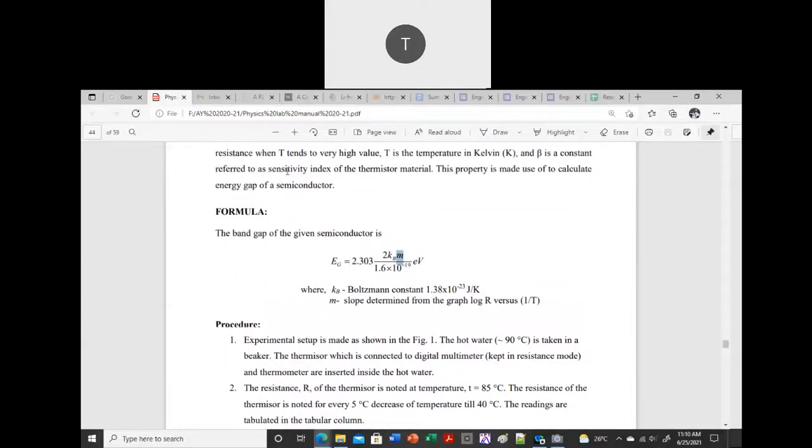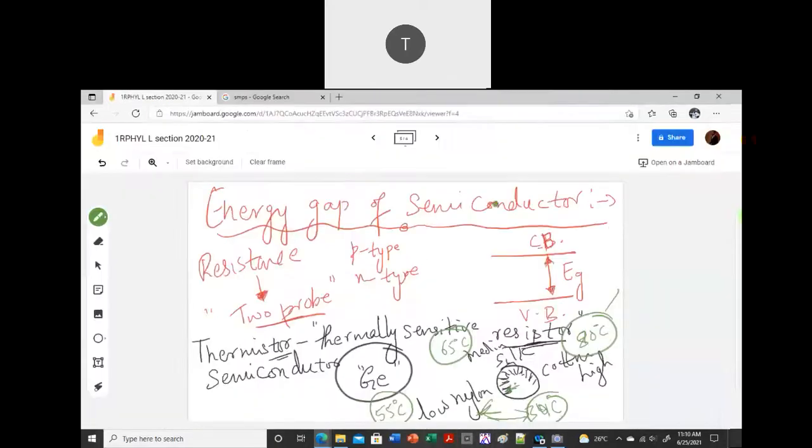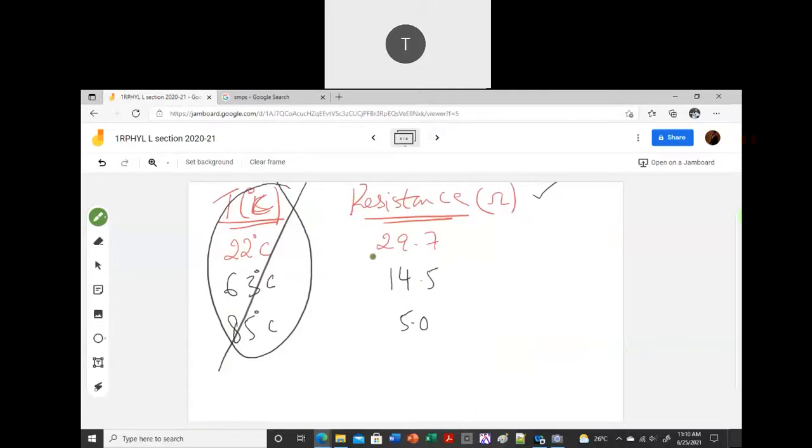Okay. So what I will do, I will send you this data, whatever data we are supposed to collect, and then what you are supposed to do is you are supposed to